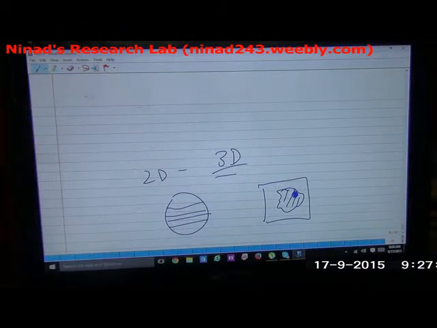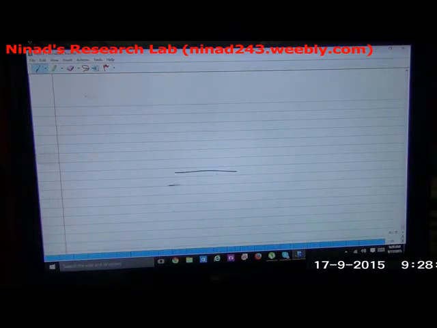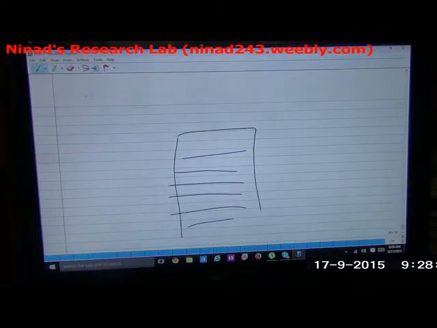But from these 2D scans, it's like a fruit that you chop off in different layers. If I show you one slice, it won't be good enough to justify how your fruit is. Same way, you have 2D images from a CT scan machine or MRI scan machine, and now you need to club them to make a 3D model of it. So you just keep your slices one after another, and then you make a 3D model out of it.